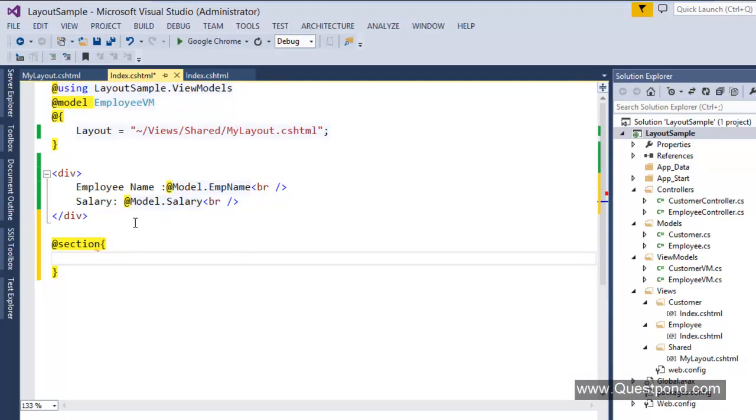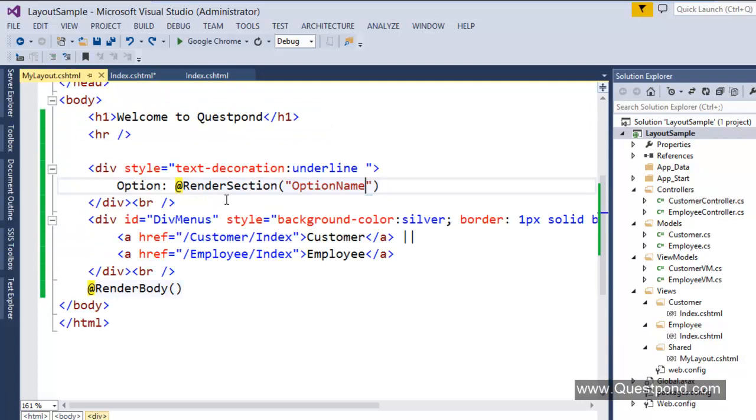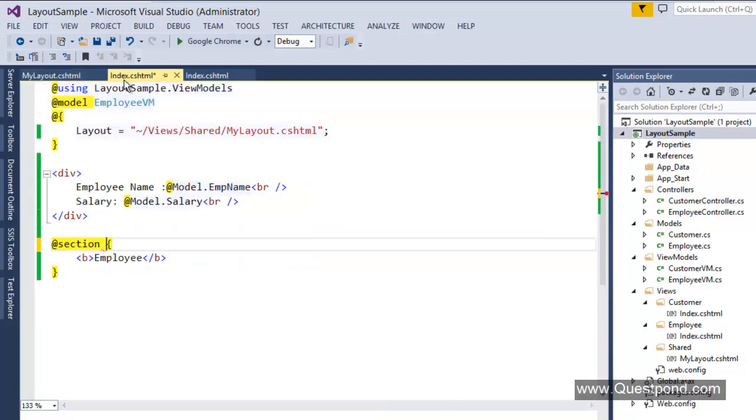We can write whatever HTML we want. We can say bold, italic, employee, whatever we want. For now, just put employee with a bold tag. Oh, sorry, we have to provide a name as well. What was the name? The name was OptionName. So let's put the employee OptionName section here.